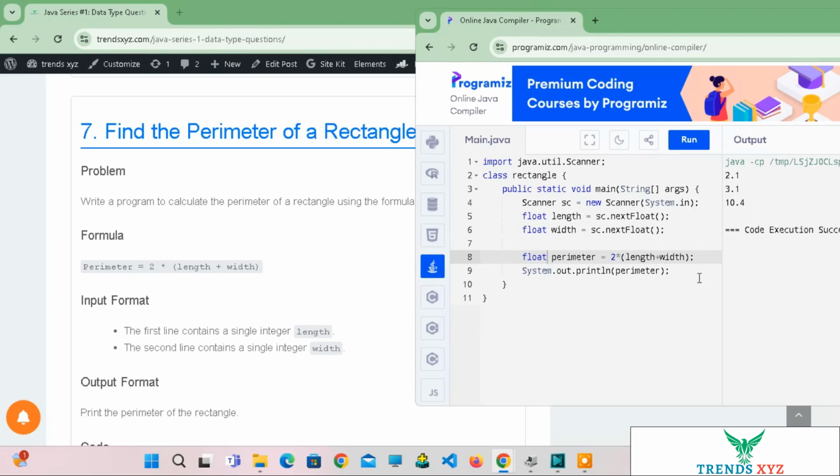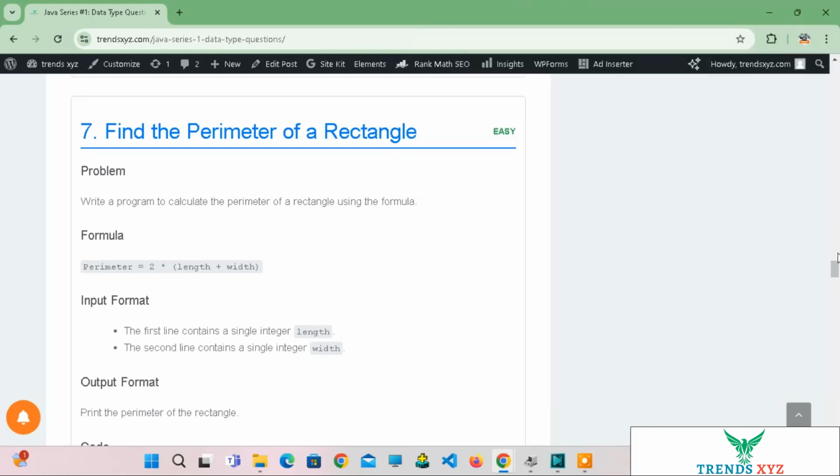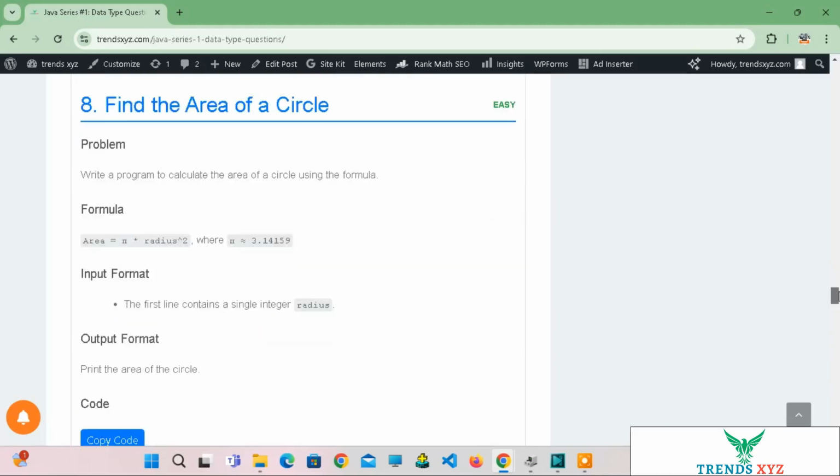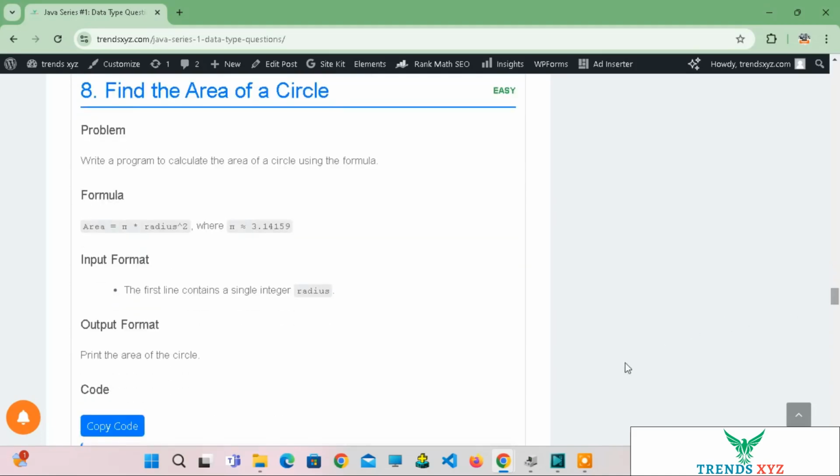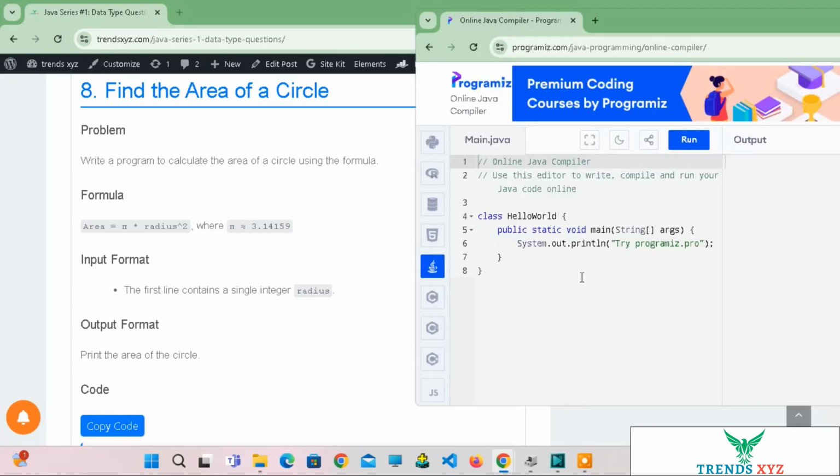I hope you understood the concept. Now let's solve the next question. So just refresh this and switch to the next question. The next question says, find the area of a circle. The area of a circle formula is given here, that is pi r square, and the value of pi is 3.14159. Now for this, what you need to do is just open the compiler once again,